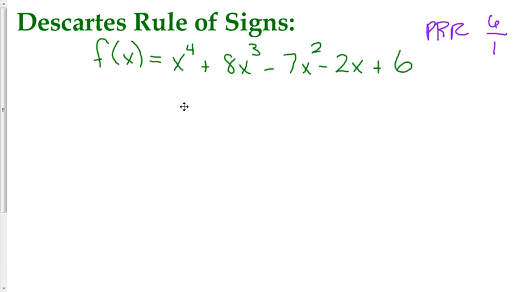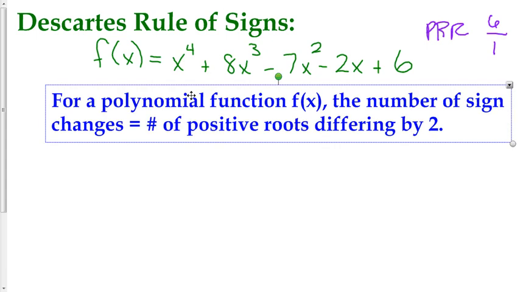Now, what will also help you is for every polynomial function that you have, the number of sign changes that a polynomial function has throughout it is equal to the number of positive roots in that polynomial function. And they have to differ by 2 each time. So, for example, this particular function here,